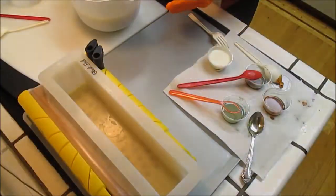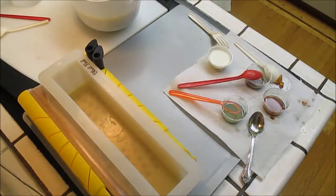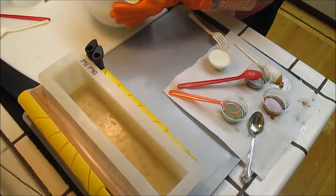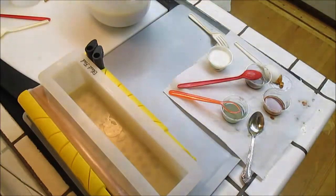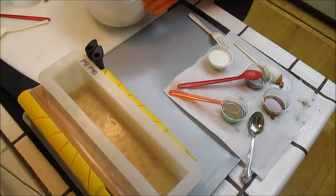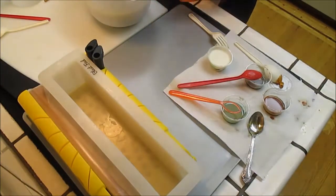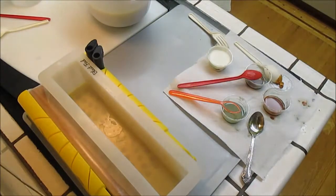I just emulsified and got a bit of a trace here. So my oils are ready. My batter is very green because the olive oil I used is very green. It also has avocado oil and it's a very, very light trace. I tend to over trace it, so I'm trying not to. And now that I'm at trace, I am going to add,